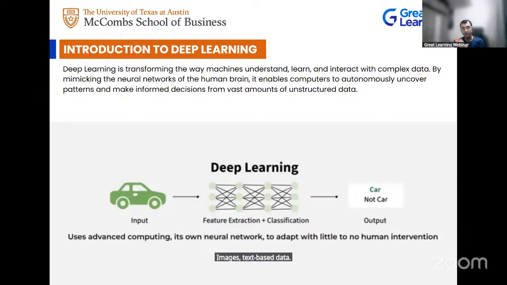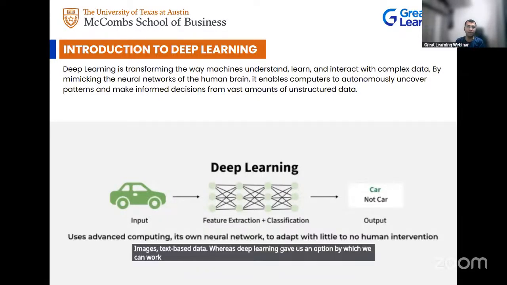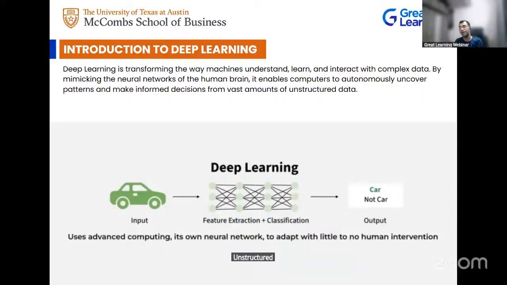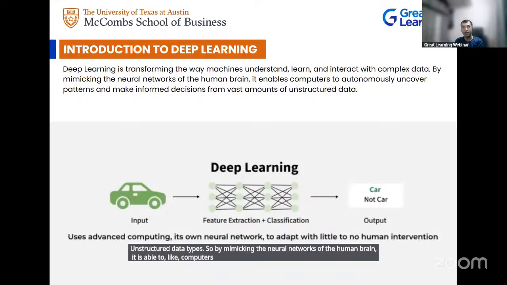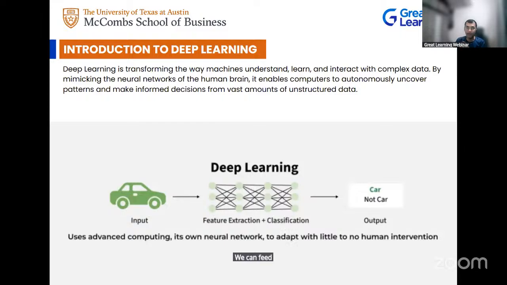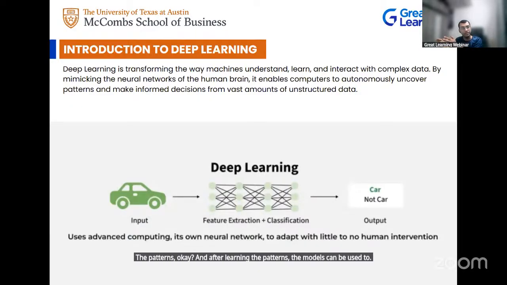Whereas deep learning gave us an option by which we can work on complex unstructured data types. By mimicking the neural networks of the human brain, it allows computers to autonomously uncover patterns and make informed decisions from vast amounts of information. We can feed it any amount of data and the models can keep learning the patterns. After learning the patterns, the models can be used to represent that knowledge anytime.